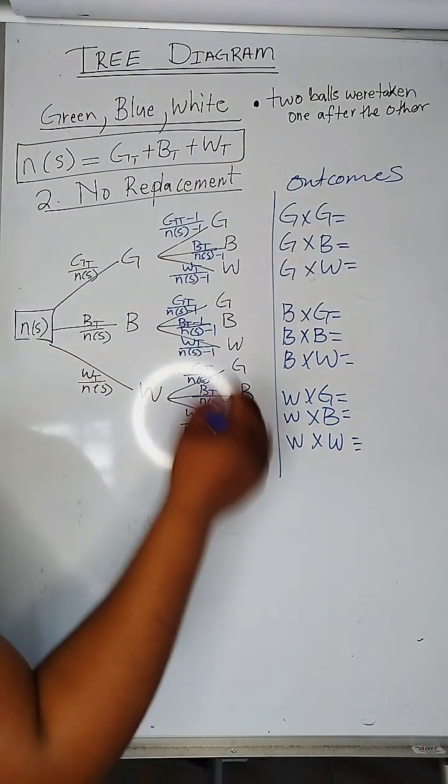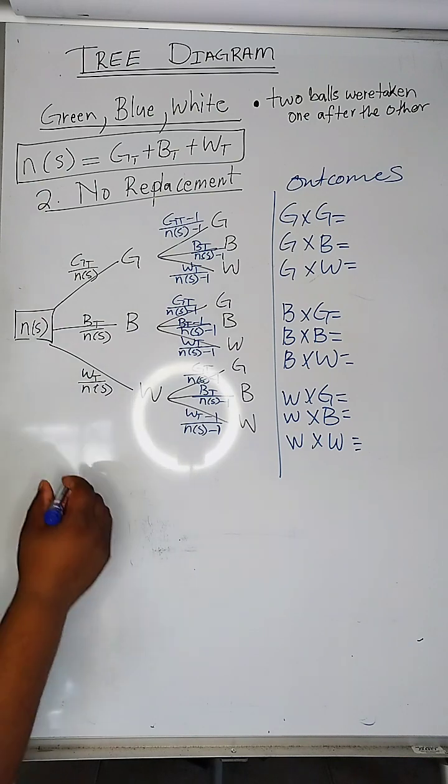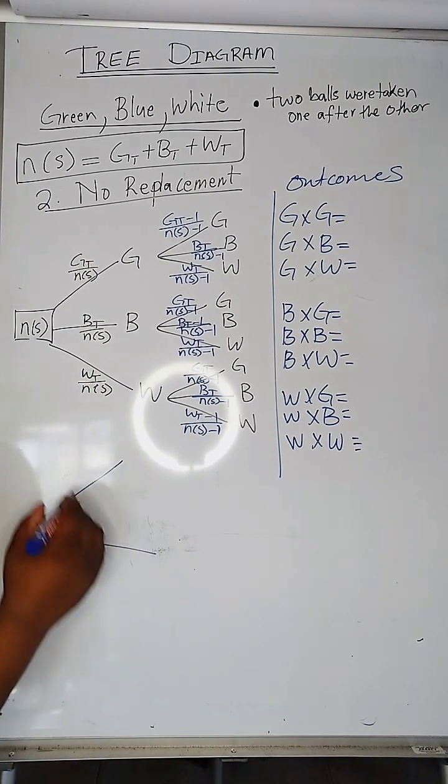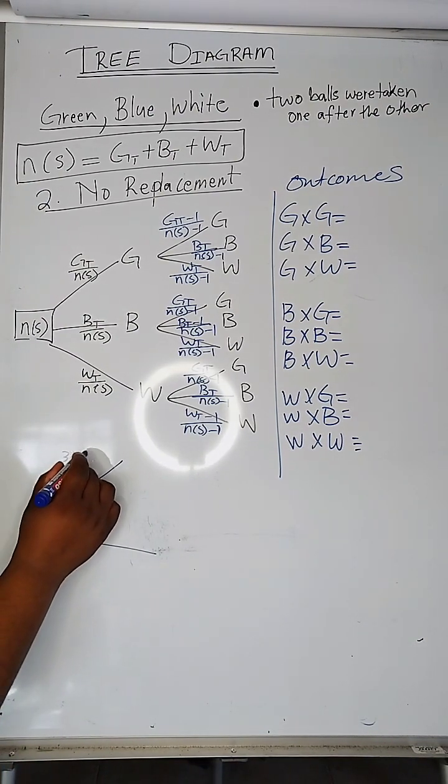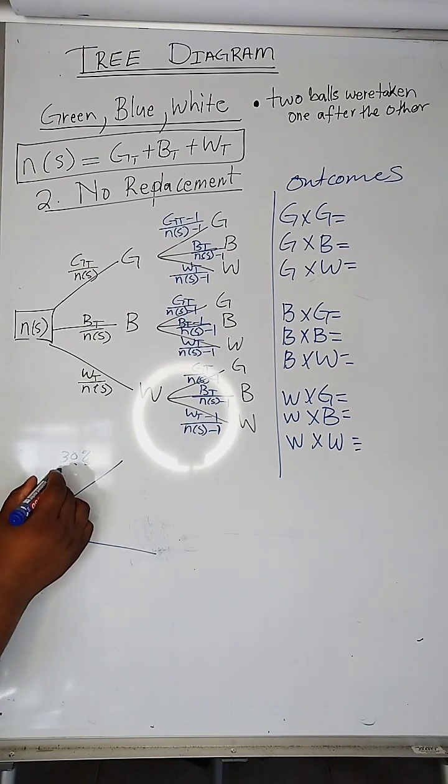This is how we deal with a tree, okay? And every time, whenever we have percentage, let's say this is 30%. If this is 30%, we know that a